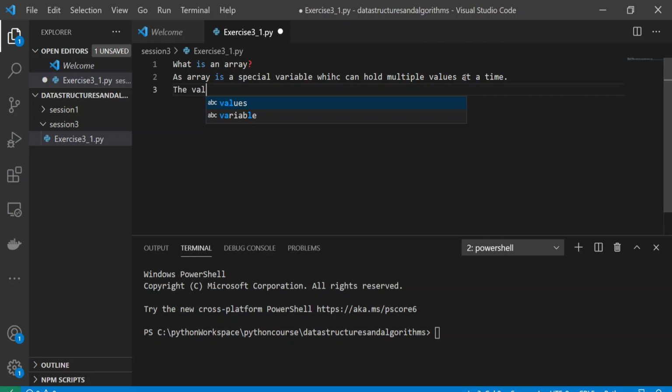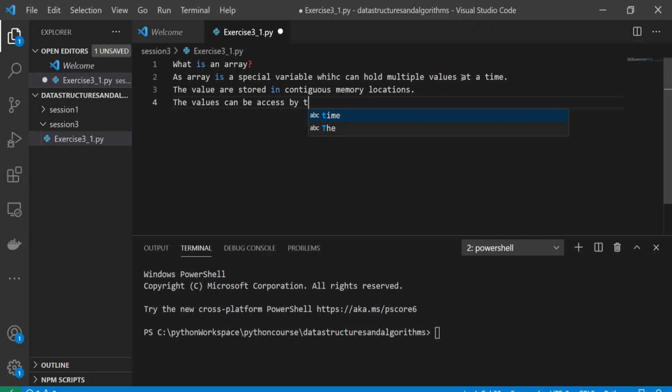The values are stored in contiguous memory locations, and then the values or items can be accessed